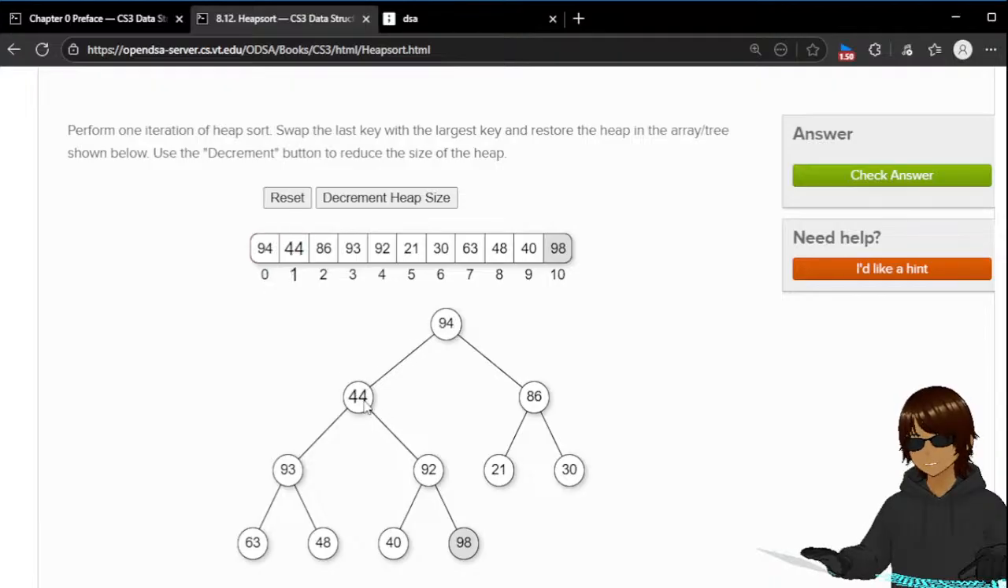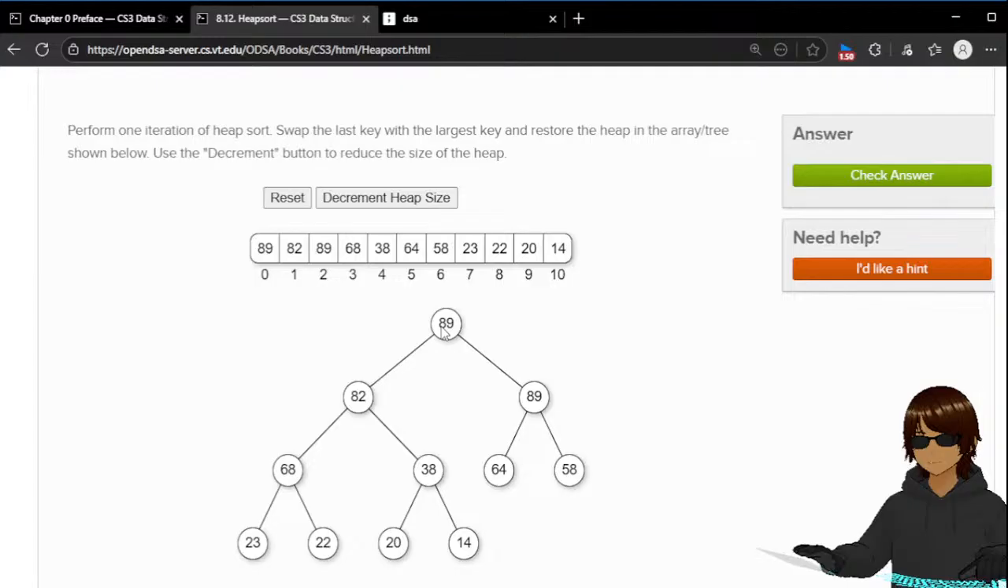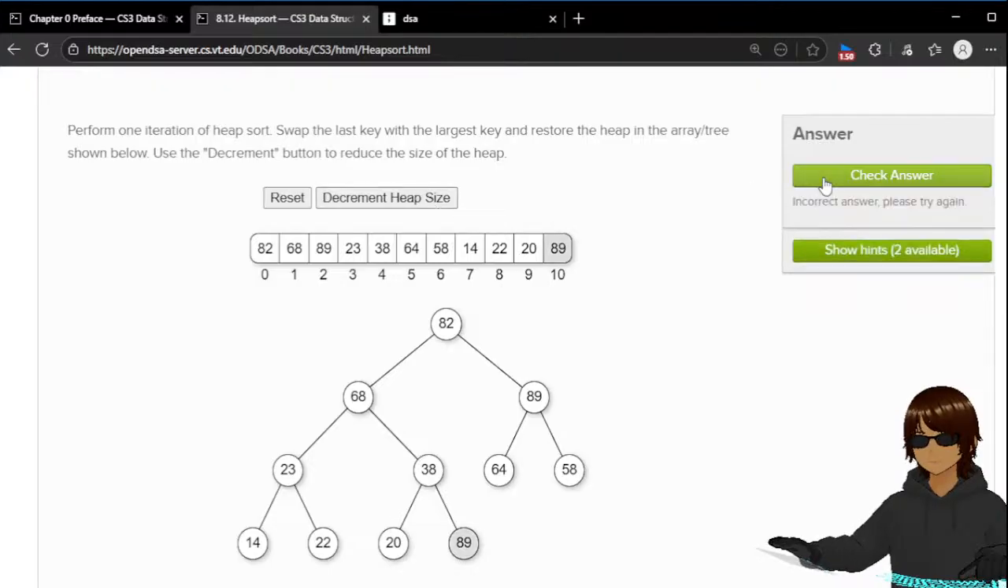94. 44, check it with the children, 93 and 92. 93 is bigger. And then 63 is bigger. 89, 14, swap. 82 is bigger. 68 is bigger. 23 is bigger. Oh yeah, and decrement. Sorry. Do they check which step is done first? So 8. Decrement and then